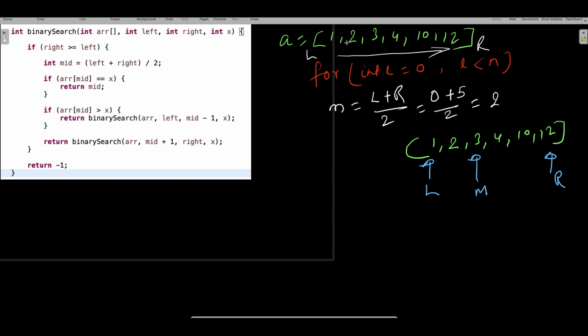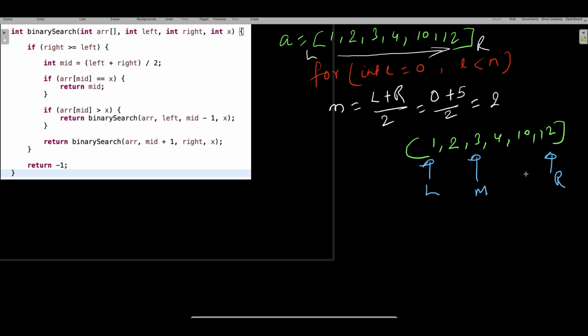When you start counting from 1, as in 1, 2, 3, 4, 5, 6, then you have to do n minus 1, because the array index starts from 0. So anyways you have to do n minus 1. I counted with 0: 0, 1, 2, 3, 4, 5. So this is your middle, guys, and this is your right index.